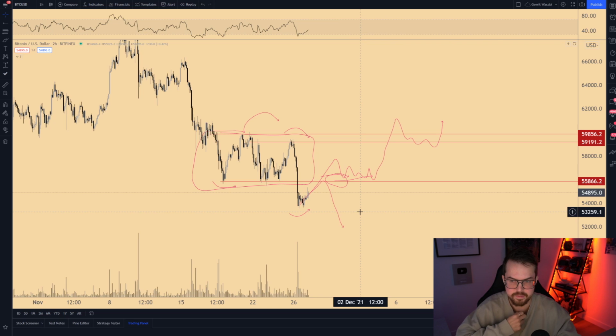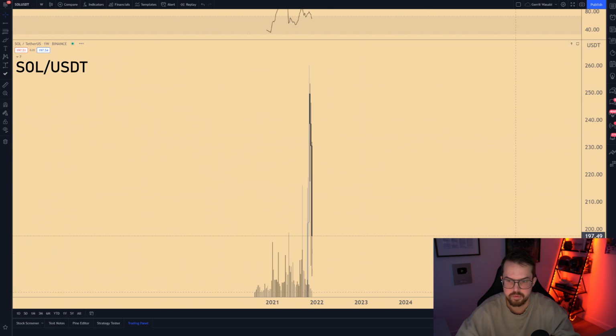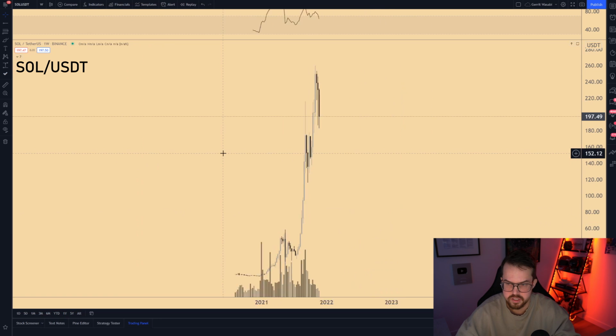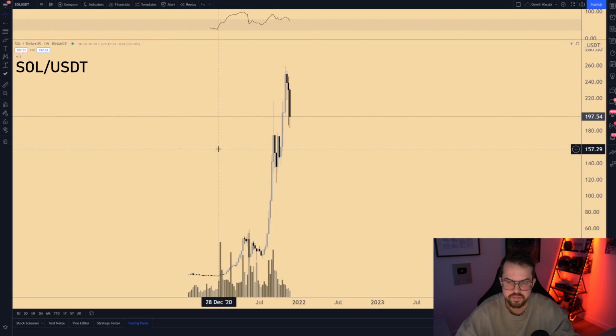But when we're looking at potential dip buying and a portfolio that you're looking to buy, I do not believe that you'll be better off by buying coins that have been going vertical in the previous months already. I think you're better off with projects that have not been doing too well in 2021, as the momentum often shifts. And when it comes to projects that have not been doing well, you're getting into the world of DeFi, you're getting into the world of oracles, and you're getting into the world of some layer 1s and maybe some Dino coins. I'm not going to cover this all, but I think that if you want to get into altcoins,